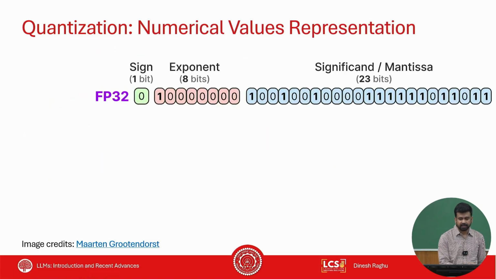So let's talk about how numbers are represented. Typically full precision is referred to as the FP32 notation, where you represent the floating point with a single sign bit for positive or negative, an exponent represented using 8 bits, and the fraction, or the mantissa, represented using 23 bits. The difference between the two smallest numbers you can represent is so low, and it's captured in the 23 bits. So the precision is really high here. This is typically called full precision.